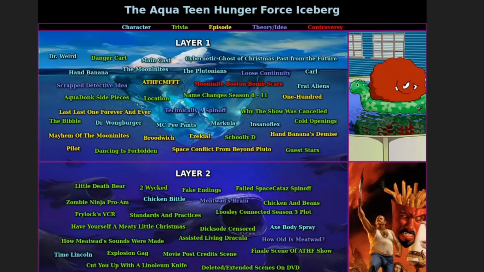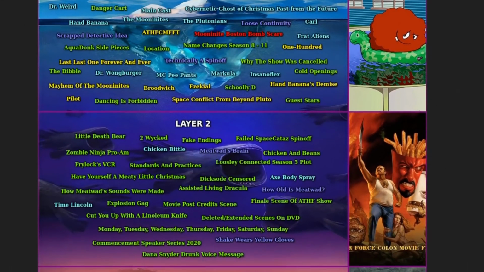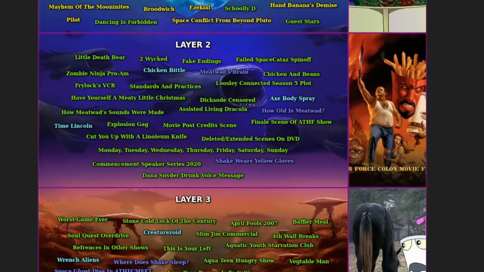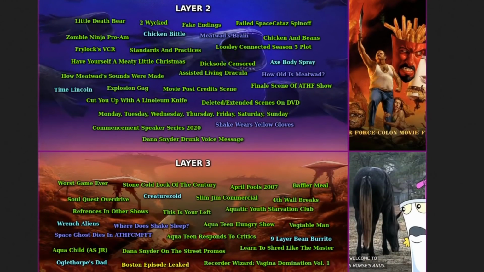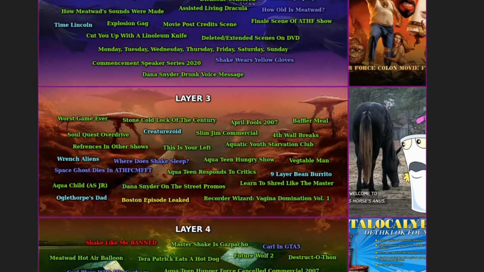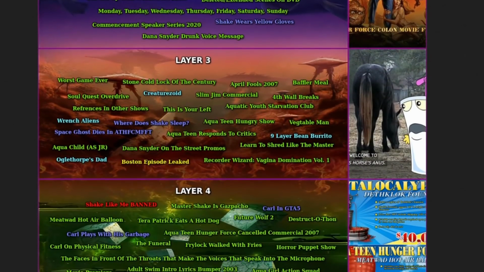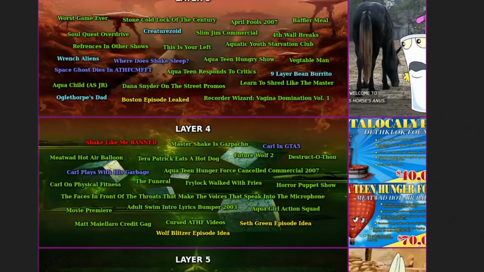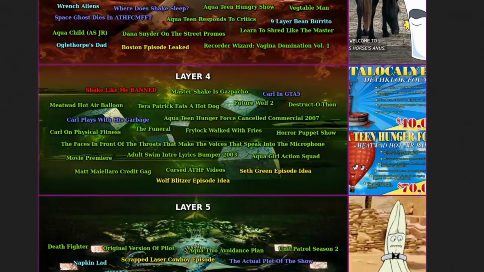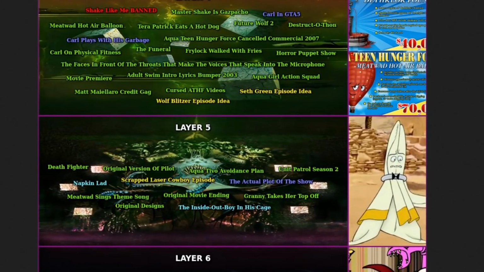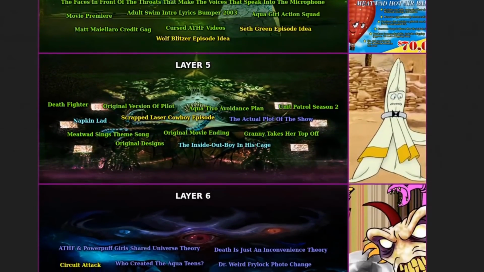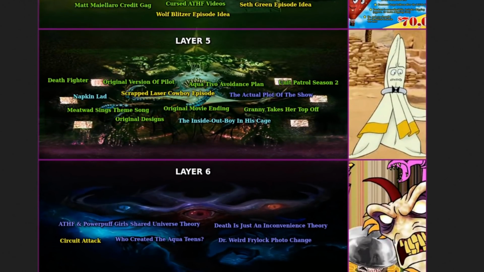Now, my chart is not better or perfect by any means. In fact, there's probably a lot of entries that could have been added that I just either forgot to add or never even considered adding in the first place. There's also a chance that a lot of these entries that I have included currently are completely useless for this chart. And you know what? Your mom. This was my first attempt at creating an iceberg chart for a video, so obviously I'm not going to make a perfect chart on my first attempt, but either way, whether you're a fan of the show like me or you're new to the series, I just hope you enjoy this video for what it is because it was just a fun project to develop.